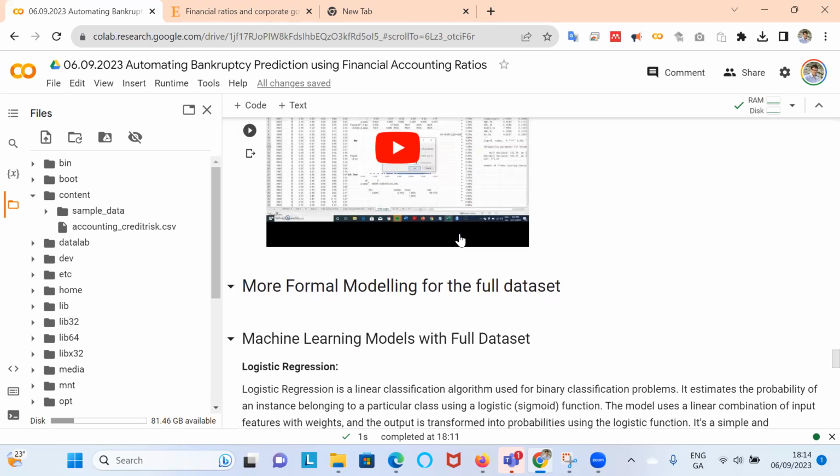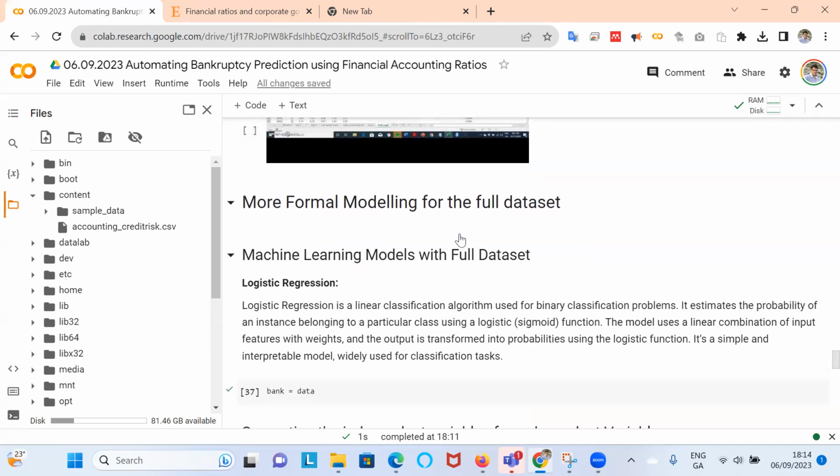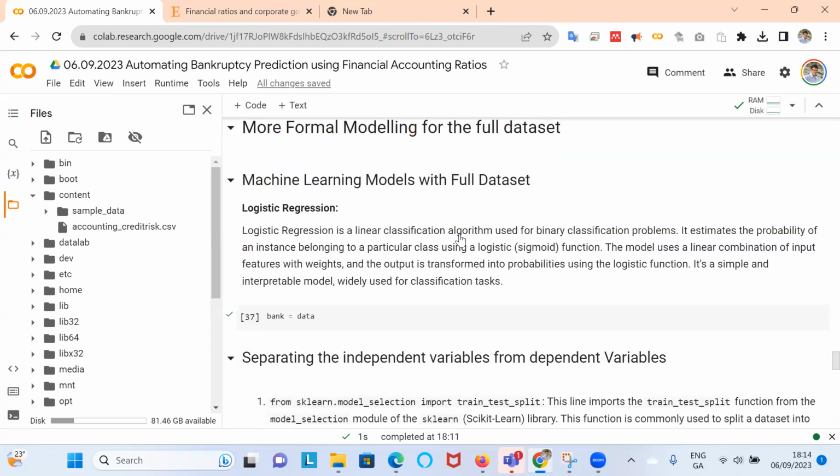The rest is actually quite abstract, but this is typically the construction. If you're doing machine learning and you're trying to do a classification type of exercise, you use logistic regression.